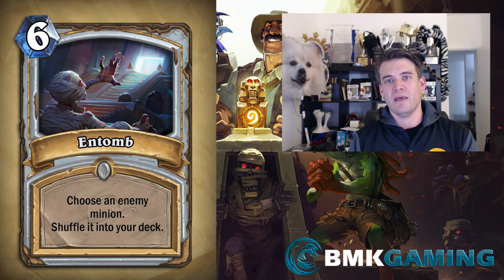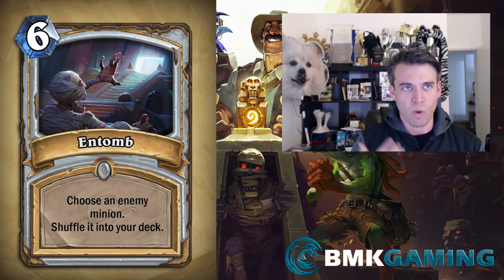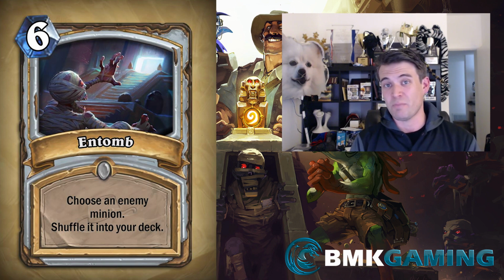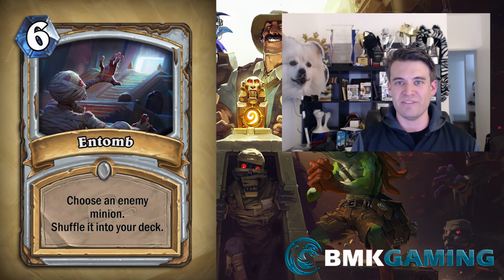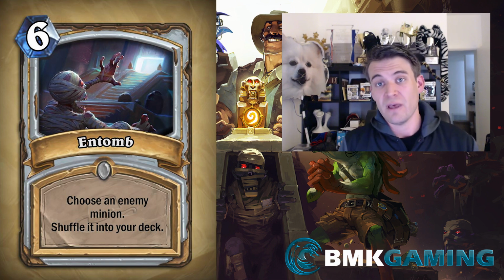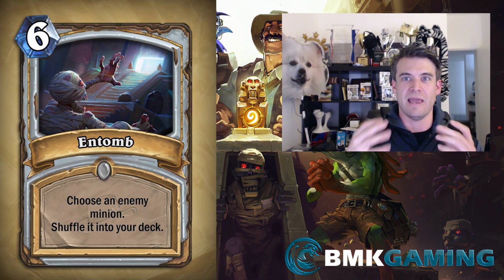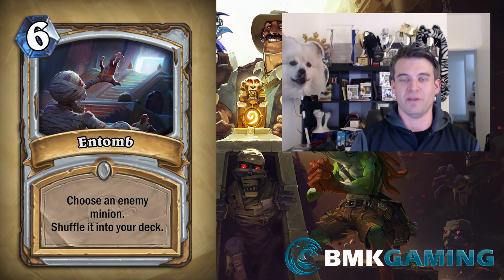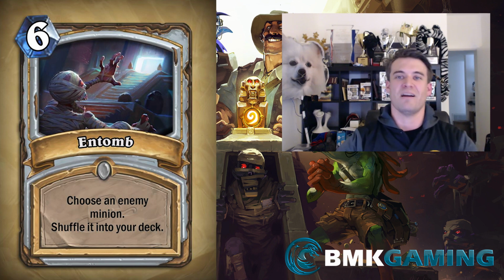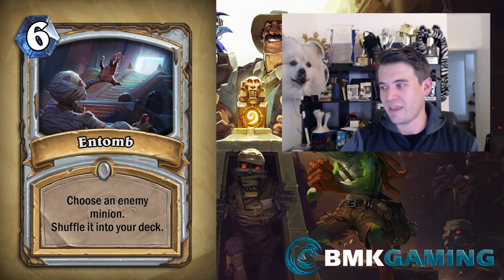Entomb is actually both in a class that really wants this kind of thing. One of the strongest cards against Priest, period, against any Priest deck like that, playing it all to the board, has always been Sylvanas. I've always been super frustrated anytime I'm playing a Priest deck and my opponent plays Sylvanas, and it's like, well, I have no clean way to kill this. Basically, I have to sacrifice my entire board or